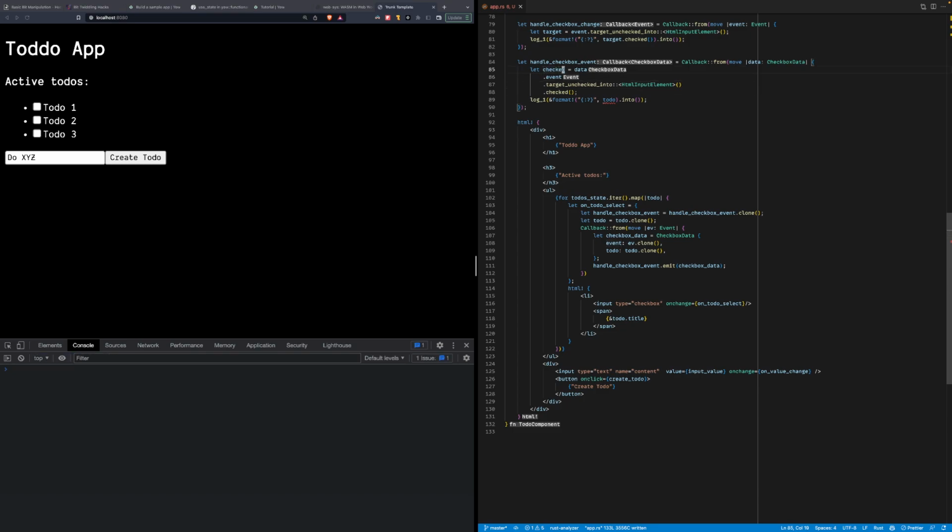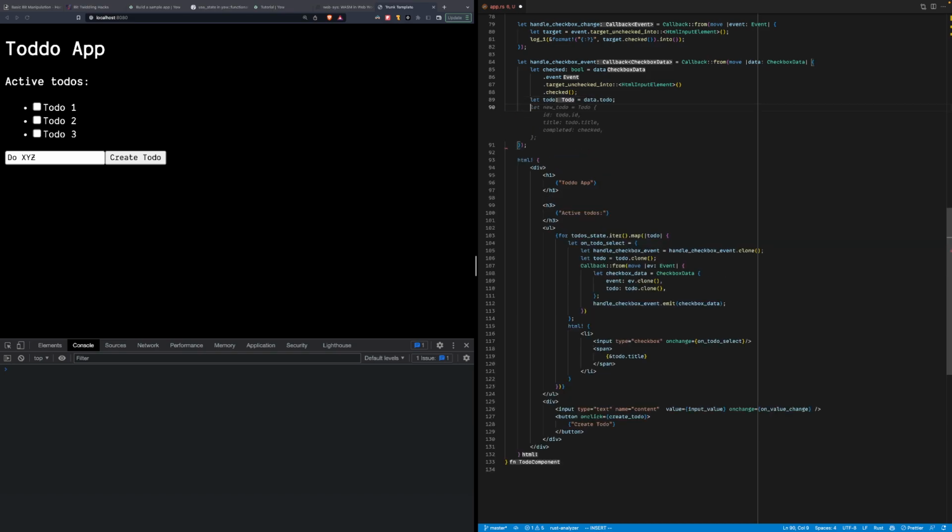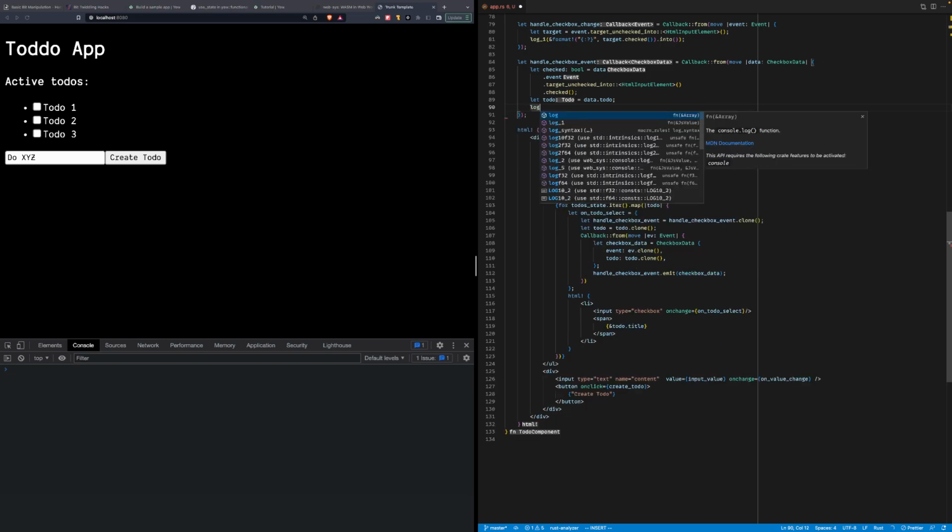Alright, so now we have access to this, and there should be a pool. I don't know why I have to explicitly specify here, but apart from this, we can also get TODO as TODO. So we are going to log these two values.